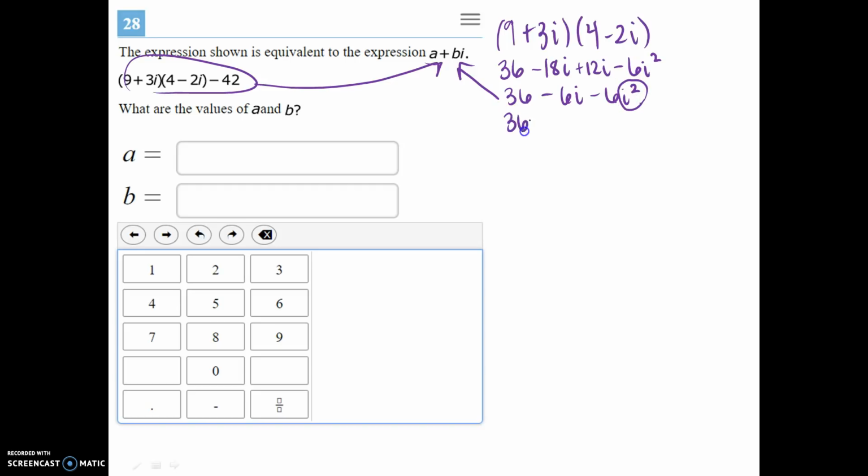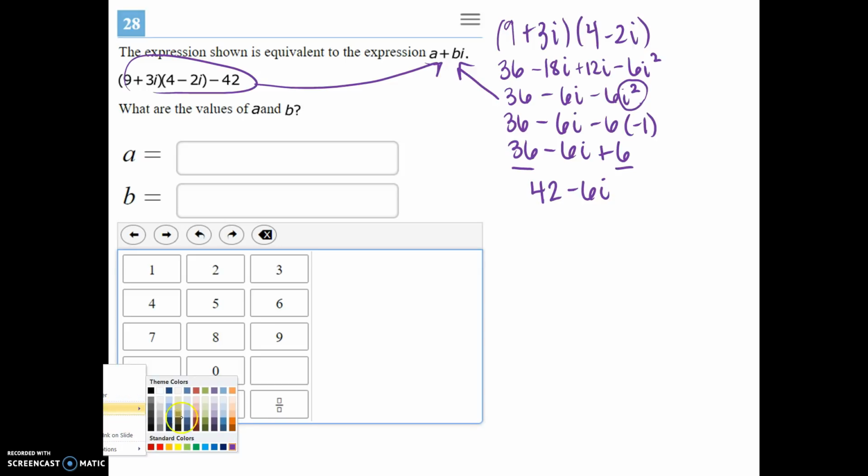So I can turn this into 36 minus 6i minus 6 times negative 1, which then means I have 36 minus 6i plus 6. I can combine my like terms, and I get 42 minus 6i. Now that definitely looks like a plus bi, but you need to go back to the original expression and notice